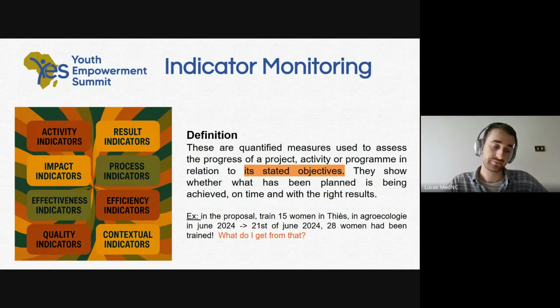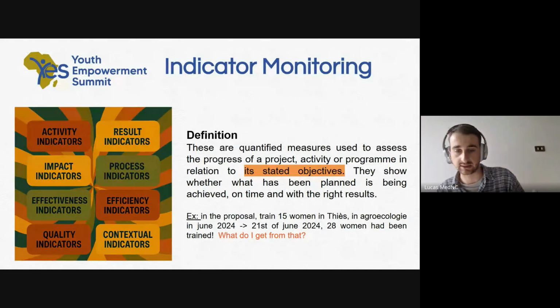We said at the beginning that we were going to do that, and right now, thanks to our indicators, we can see that we have done this so far, or that, etc.